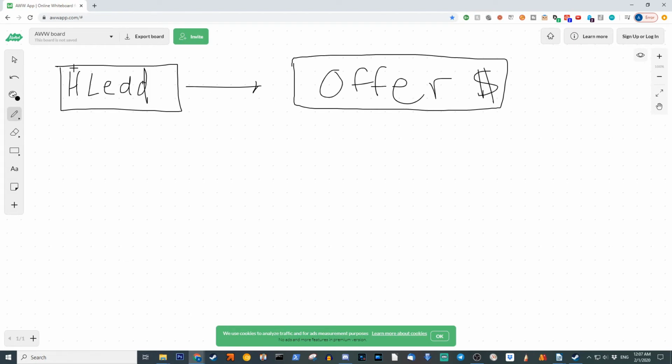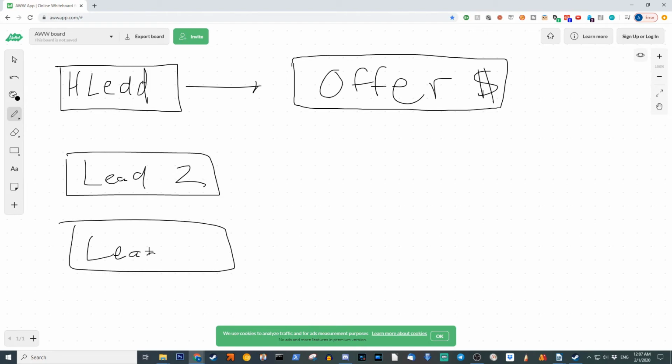And then you can make the lead whatever you want, as long as it's interesting. So then you'll have lead 2 and lead 3 that all point to the exact same offer. They point to the exact same body copy. You're just swapping out different leads to see what works. So if I wanted to say something like, actually let's put that text down here, if my body copy is for the same exact product, and I just typed out